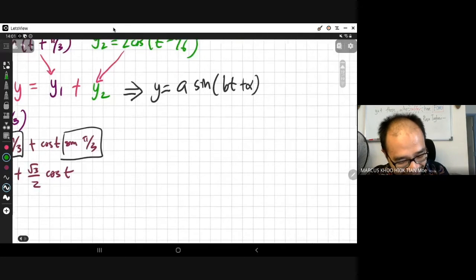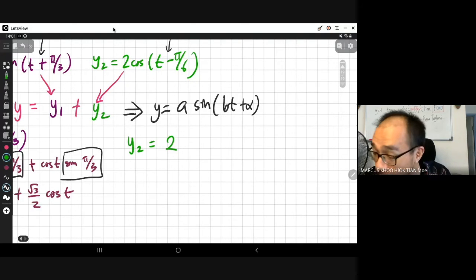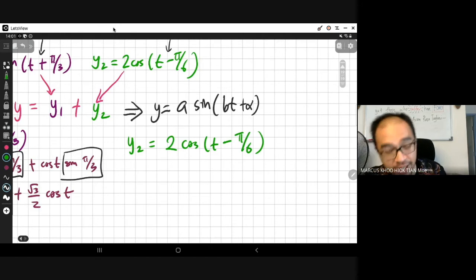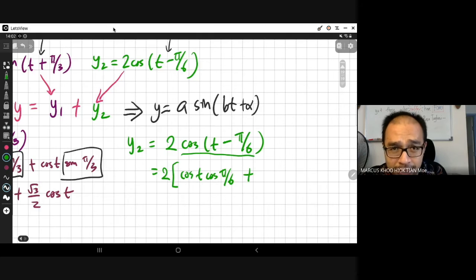Okay, y2 equals 2 cos (t minus pi over 6). Okay, let's settle this, everybody. We do this together. 2 times, cos t cos pi over 6 plus sin t